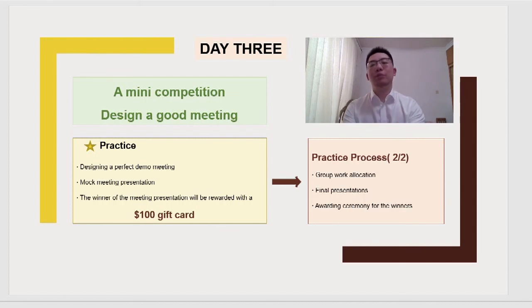Okay, now let's move to our fifth practice, which will facilitate Opal Mart's senior managers' design thinking capability to conduct a meaningful and productive meeting. Since everyone has been involved in a group, let's allocate the group work. So teams will proceed with the knowledge from previous days and use some technical tools to design a perfect demo meeting. After allocation, we'll have a 15 minute break.